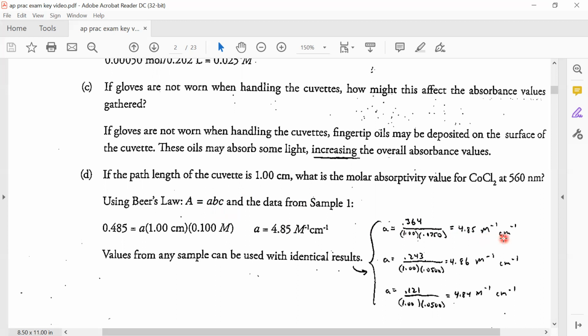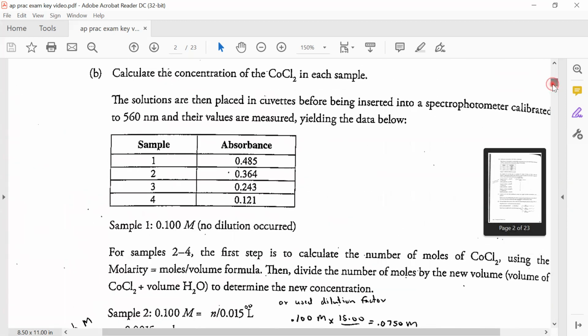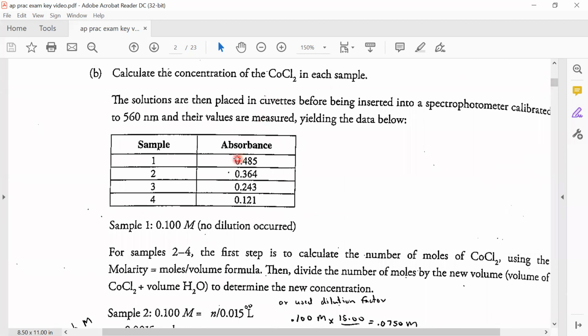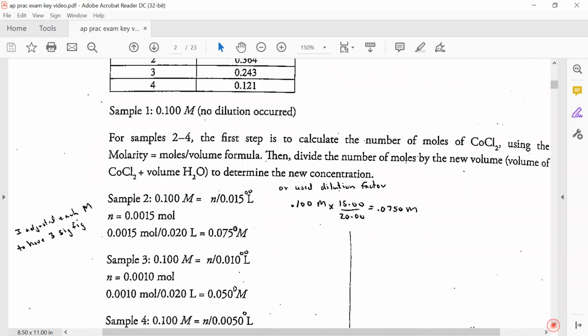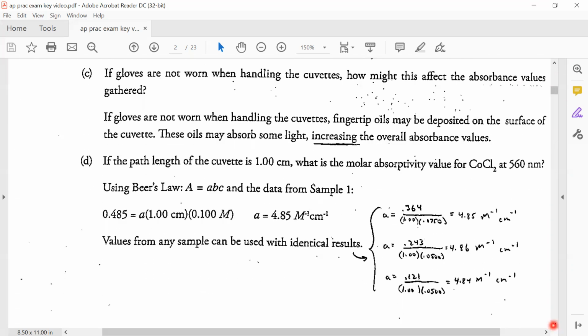And then I just took my data from the table before and I plugged in. Okay, so I got my first sample, 0.485, or second sample 0.364. And I'm just going to go down the list. Coming back here, the 0.485 was where it was 20 milliliters or 0.100 molar, and I could solve for A. Or I could do it for the next one where I got 0.364 and I had 15